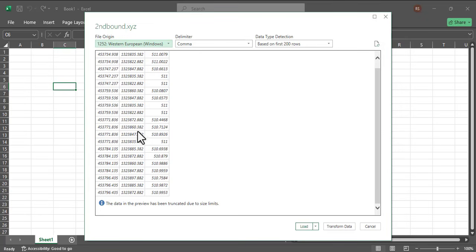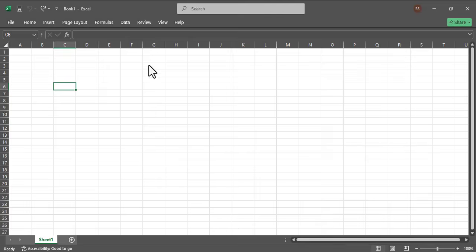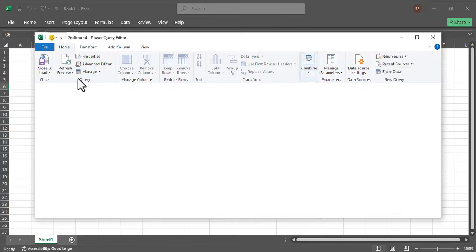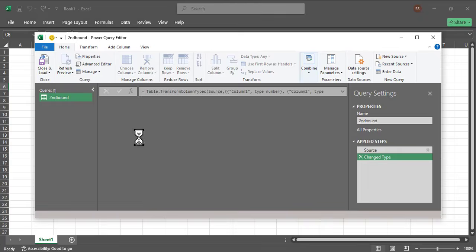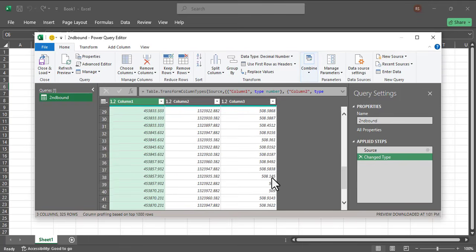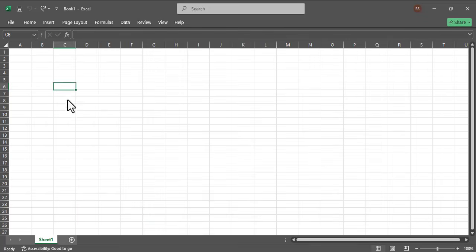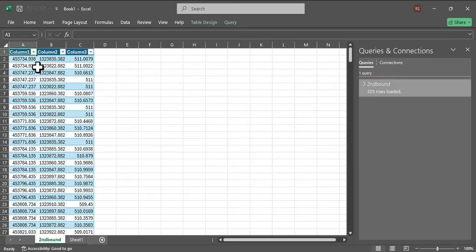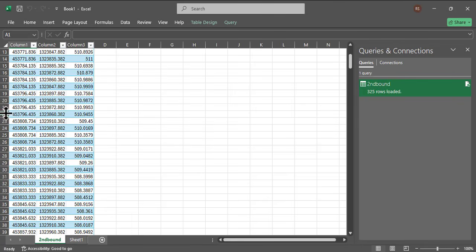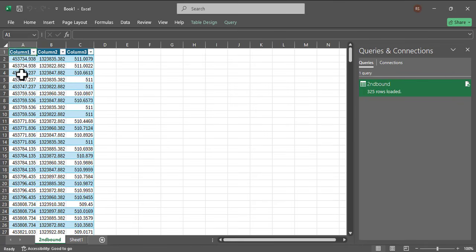So you can see, voila, it just came out with all of this and it has 200 rows, and I just clicked on Load. There's another option that says Transform. You want to look at it properly before you import it. So that's it. It just came in as a CSV.